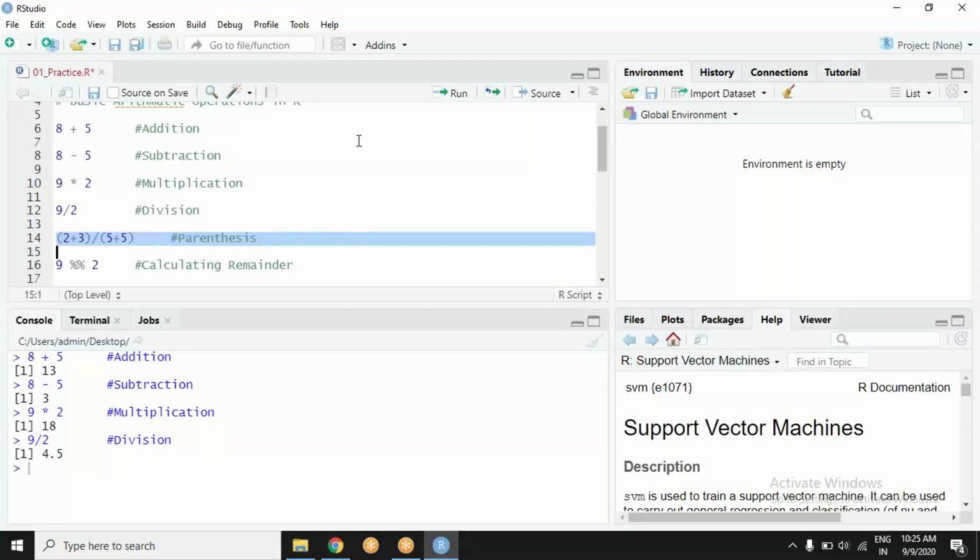So yes, R also knows it all the same. The first bracket will be solved. What should be the answer of this highlighted one? What should it be? 0.5, 0.6, 1?